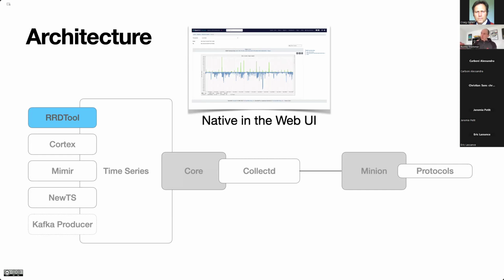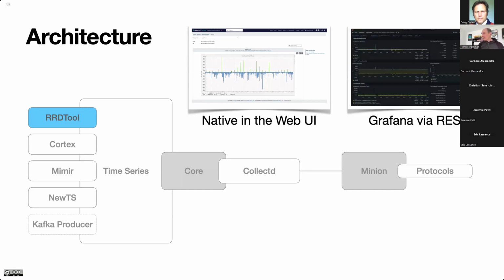And we provide you with a possibility to define your graphs in RRDtool definition. It's a part of the configuration in OpenNMS that is just about how these measurements are visualized.